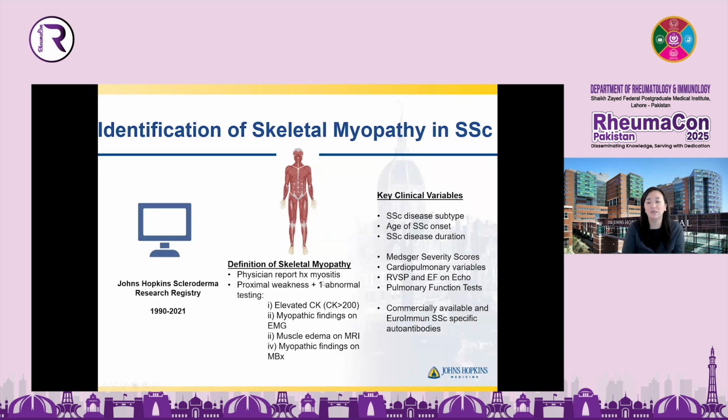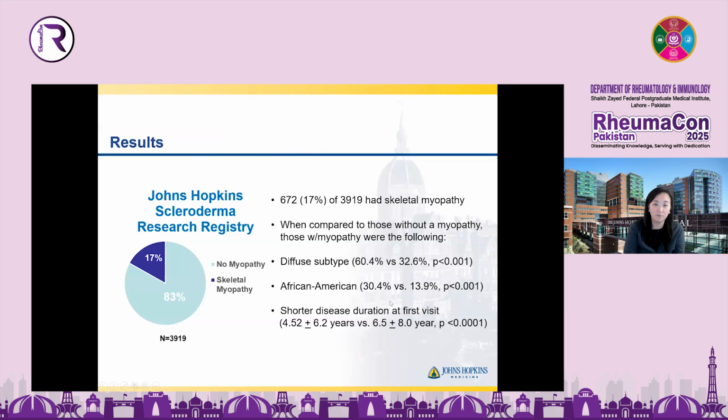And then proximal weakness, and with one abnormal testing here, as you can see. And we looked at all the clinical variables for scleroderma. And what you can see here is that these patients, again, is actually pretty similar representation to the meta-analysis, that about 17% of patients had a skeletal myopathy. And again, the same things come back about where most patients were diffuse subtype, and African-American, and shorter disease duration